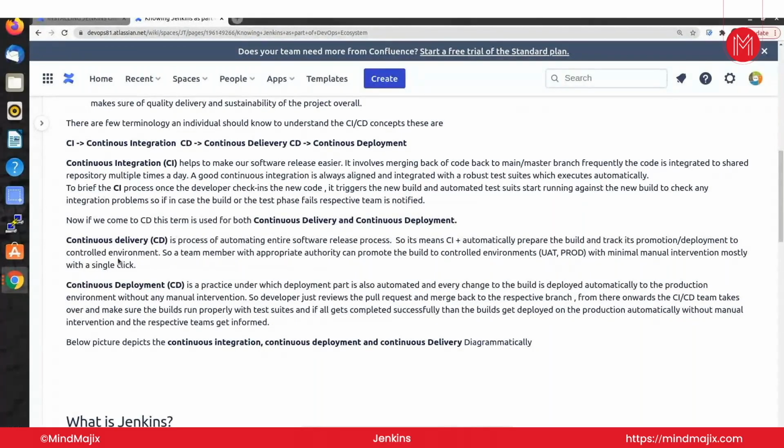Okay, and what is continuous deployment? Continuous deployment means till the deployment part also. When you are doing the deployment, that deployment part is also automated. Okay, so if the deployment part is also automated, then it becomes continuous deployment. We can take an example here, like suppose